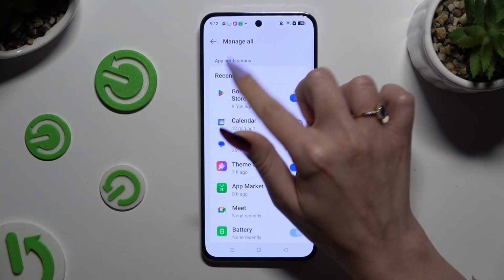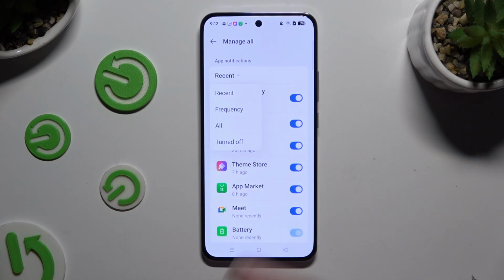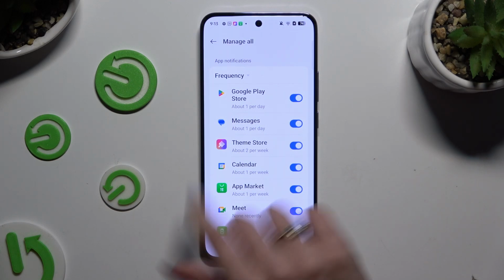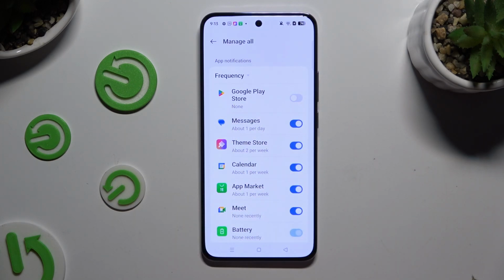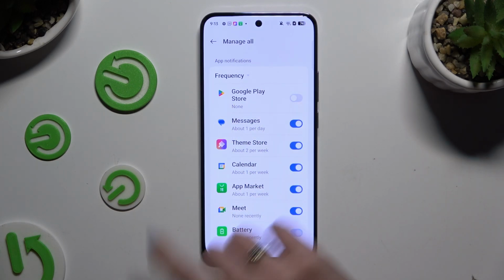Then select Recent under App Notifications and select one of those options to sort them. I will go with sorting my apps by frequency of notifications. Last but not least, use the blue switcher next to any app to block notifications from it, or the gray switcher to